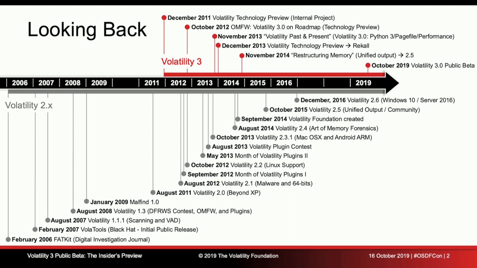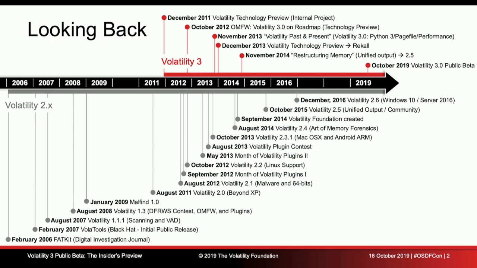I dropped off the map quite a bit because I got my head down and was like, right, we need to do Volatility 3. We need to get it with Python 3. We need to not have any of these bits that are really slow and make all these improvements and stuff like that. I did come back once or twice.